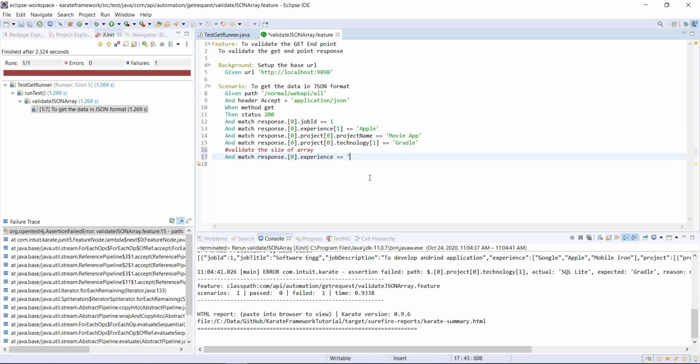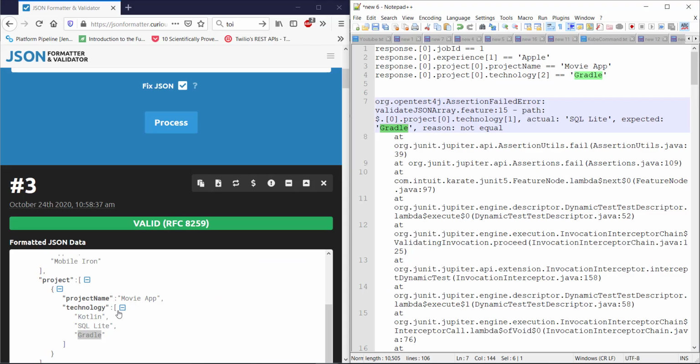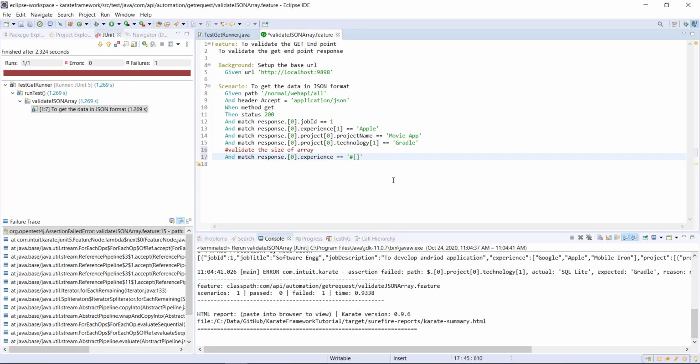To specify the size, just use open and close quote, pound key, and in the square bracket, the size. In our case, the size should be 3. Similarly goes for the other JSON array, which is this one.